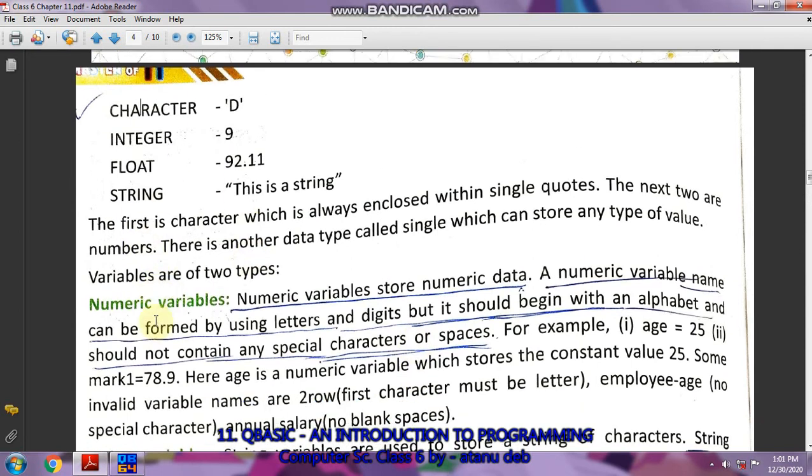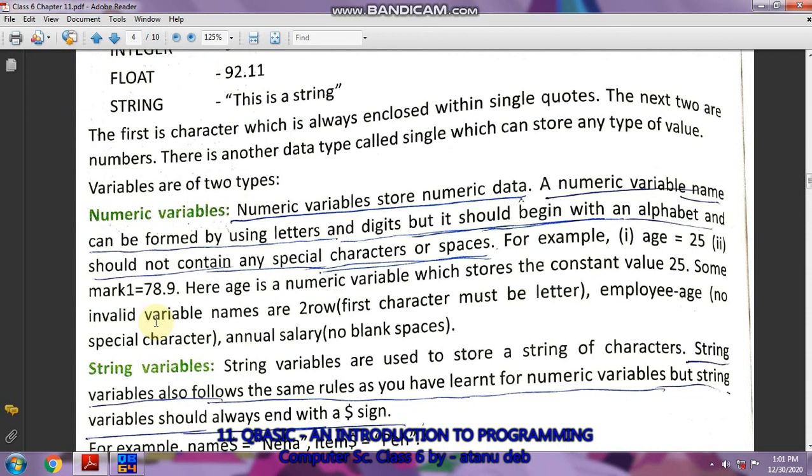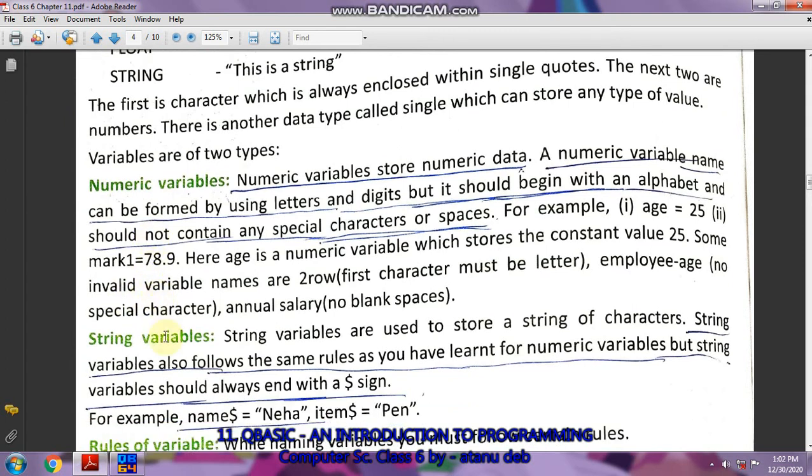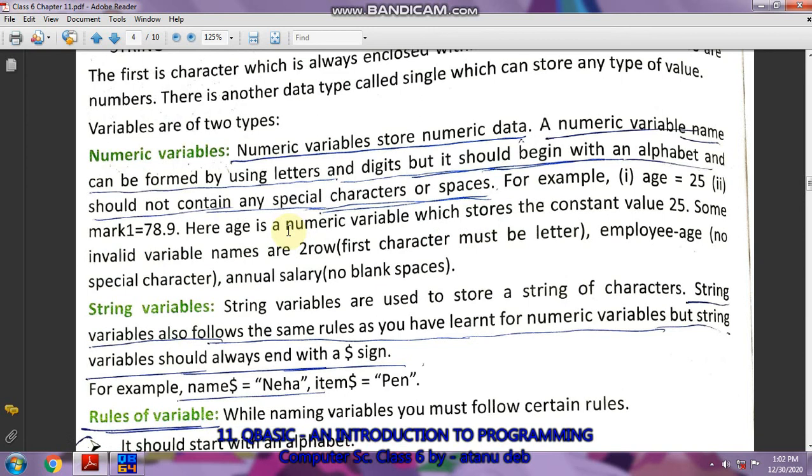Then comes numeric variables and string variables. So variables are of two types, like constants are of two types, numeric constants and string constants. Similarly, variables are also of two types, numeric variable and string variable. So before I start this section, let us go to page number